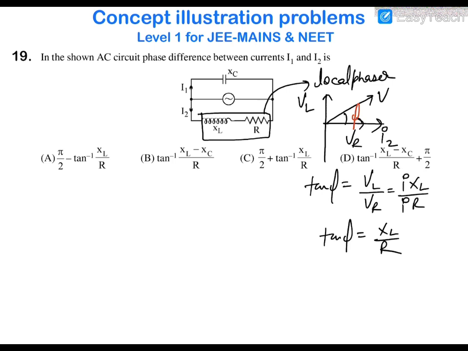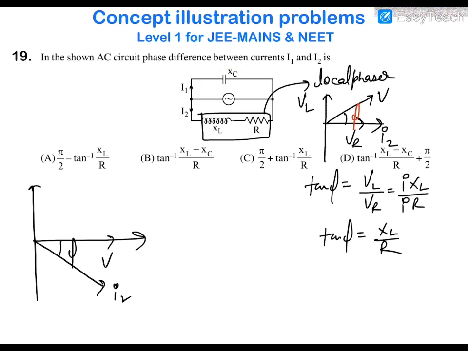Now, if you draw the global phasor, we can see that this circuit is actually a parallel circuit, and in any parallel circuit, we always use the voltage as reference because voltage is the same in any parallel circuit. And obviously we can see that this current I2 is behind the net voltage by a phase of phi. So I2 will be drawn here, and this is phi, and I1 is the current flowing in the